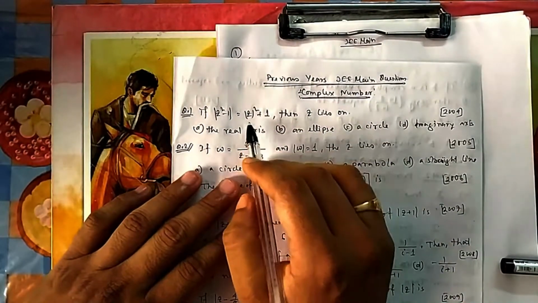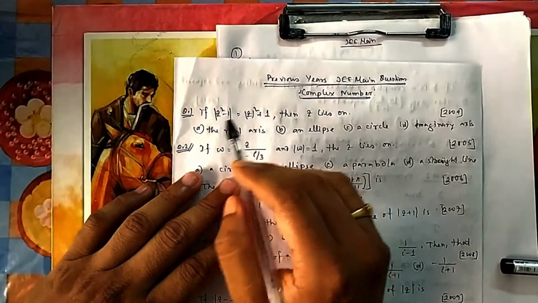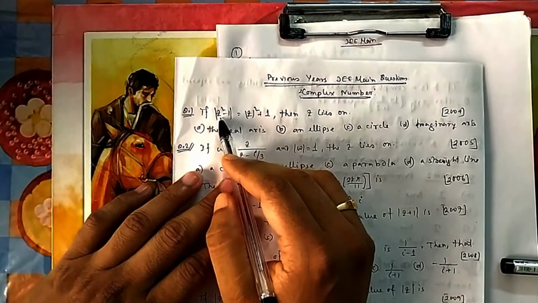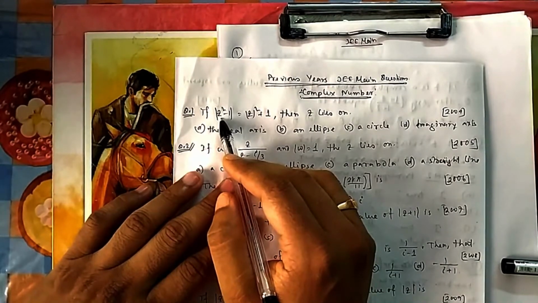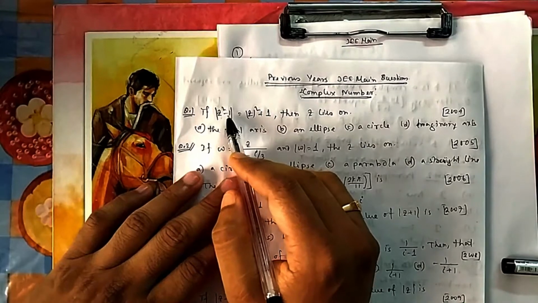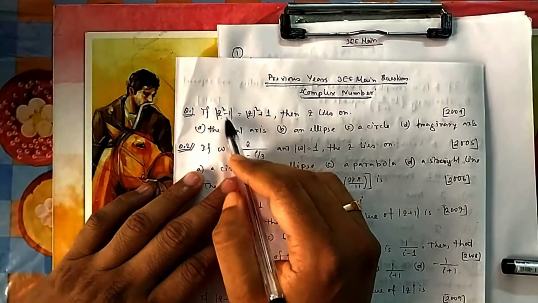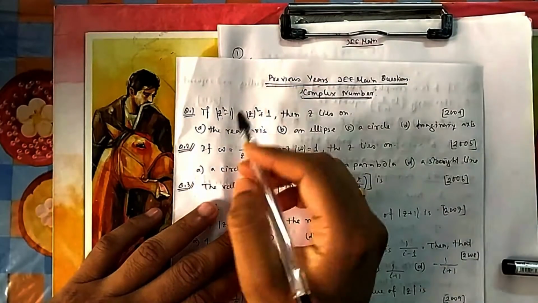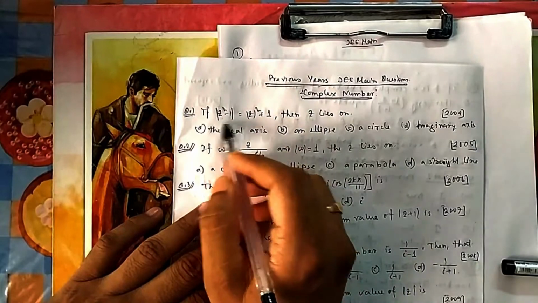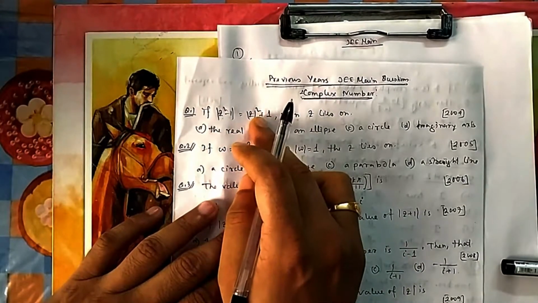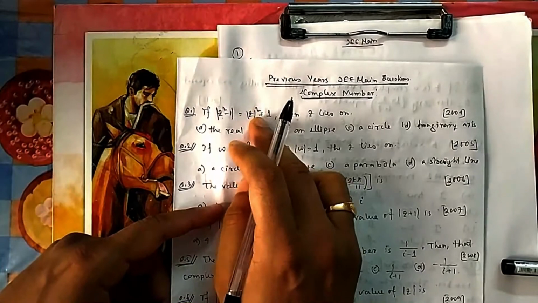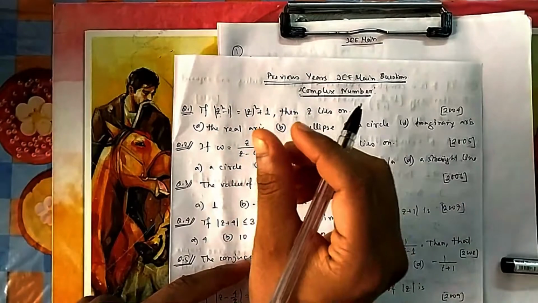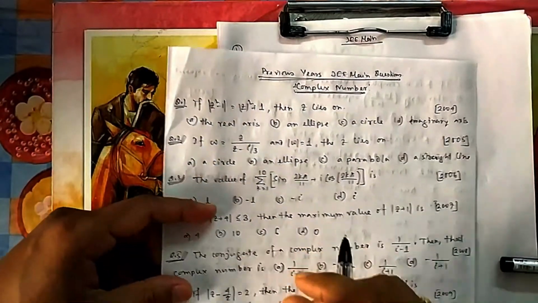If I put z = x + iy, then |z|² is okay, x² + y², but here it will be (x + iy) whole square. So you will get 3 terms, (a + b)², a² + b² + 2ab. And then again you will find another one with minus. If you take the mod of that again, it will become much lengthier. That will be in (a + b + c)² format, and x to the power 4 will come. So there will be so many terms. You can do it, there is no issue, but it will take some time. So it's better to simplify and put it only in Euler's form, with a single term r e^(iθ), so it becomes easy for us.